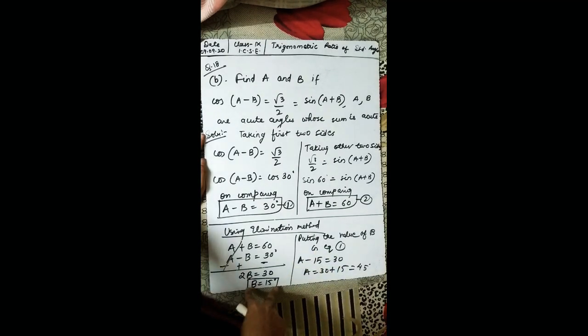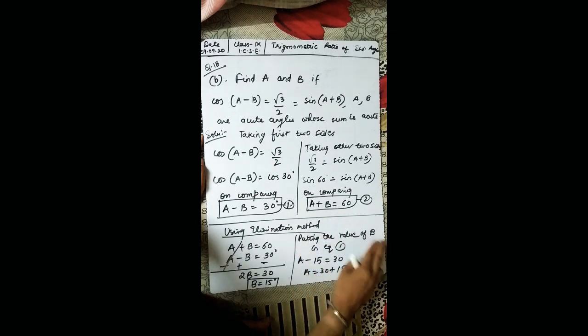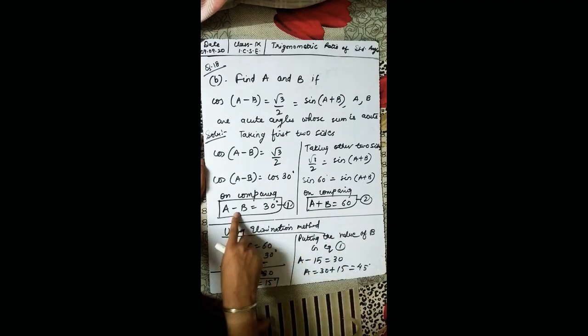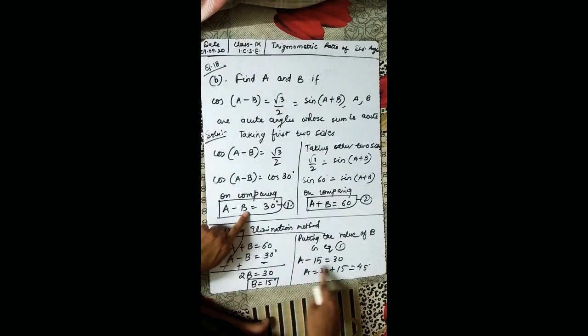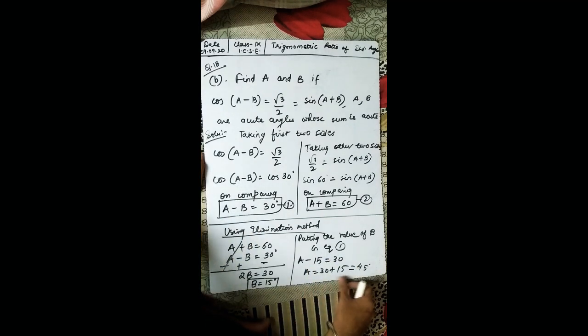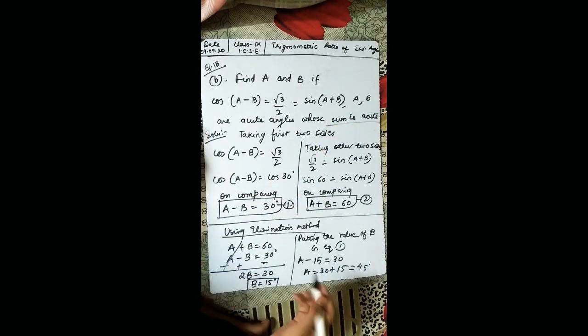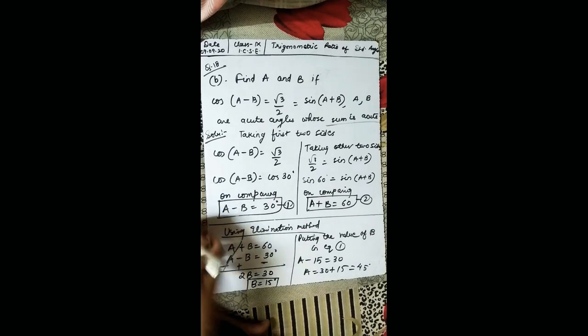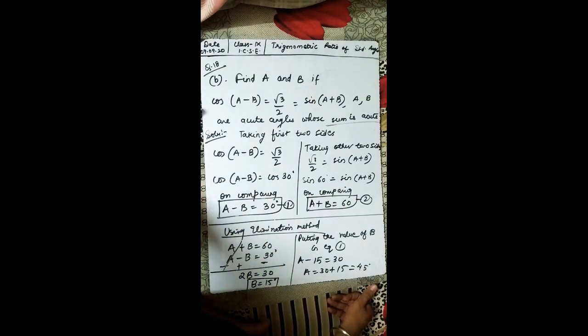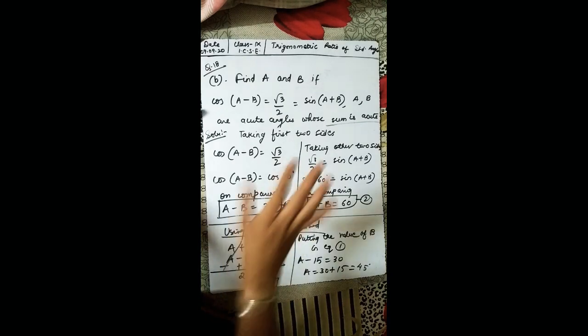Now if you put the value of B in any of these two equation, you'll get the corresponding value of A. So putting the value of B in the first equation, let us put, so A minus 15 equal to 30, take 15 that side, so 30 plus 15, 45. You got B equal to 15, A equal to 45. Now just verify that their sum is acute. So 15 plus 45 is 60 degrees, so yes, it is acute. So we are double sure by this condition.